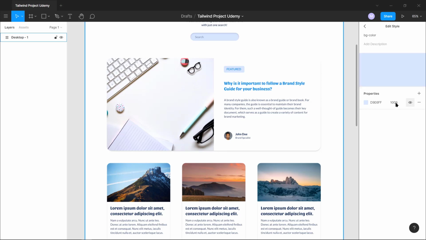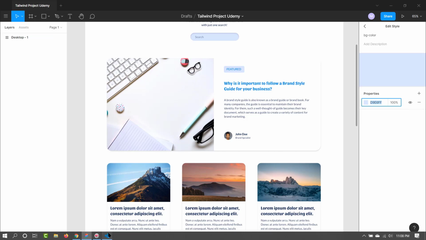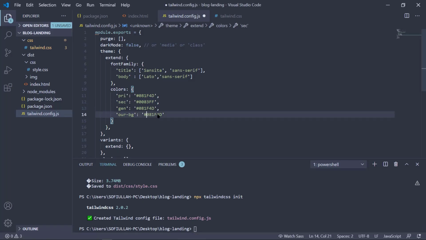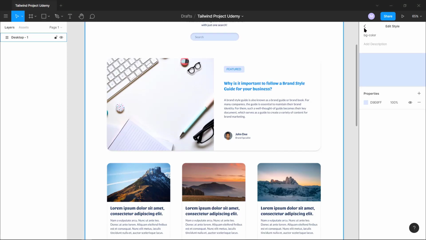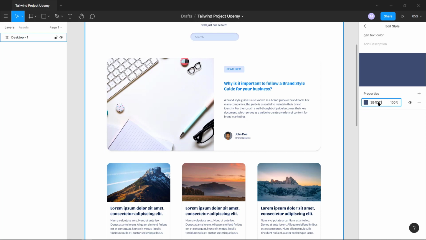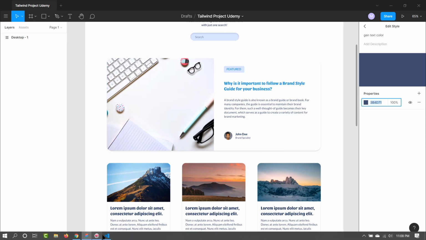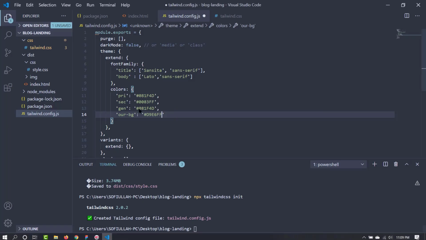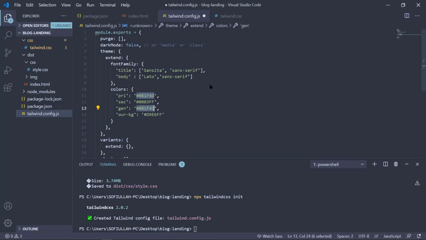So this is our background color. And this is the general text color, which is the general color in our classes. So I think we are fine. We have added all the things we need, font family, colors and everything.